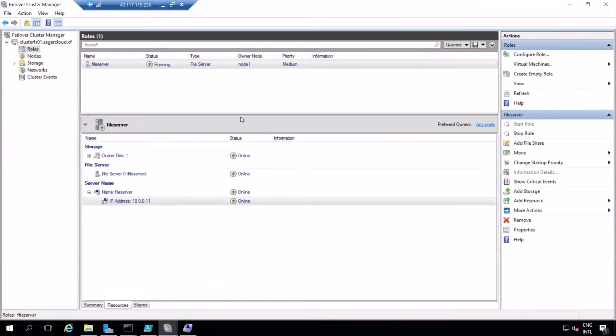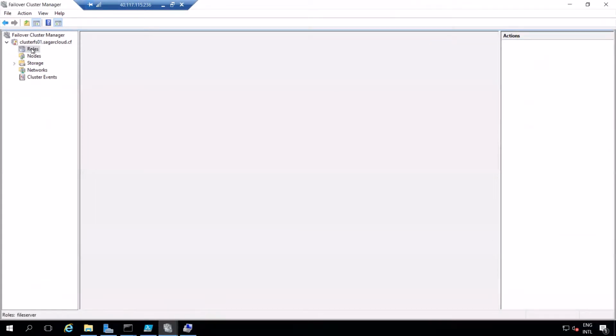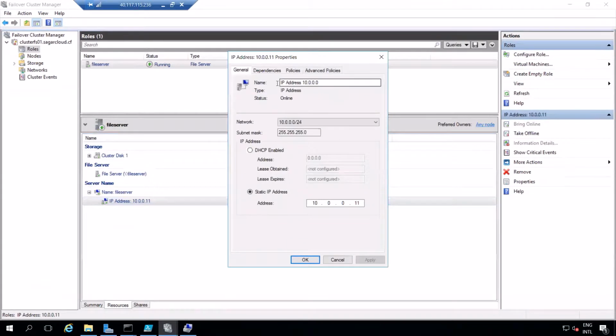Let me go to node 1. I have this right now on node 1, and now let me take the details. Let me click on this. This is my cluster network, cluster network 1, which I need to use in that PowerShell script. Then I also need to use the IP address 10.0.0.11. I will copy this one.